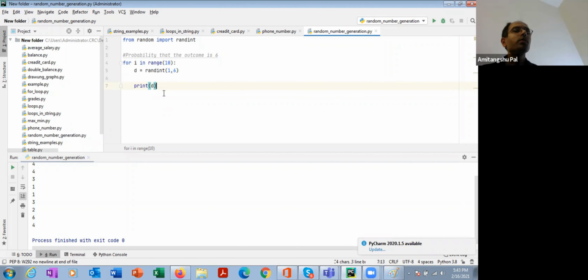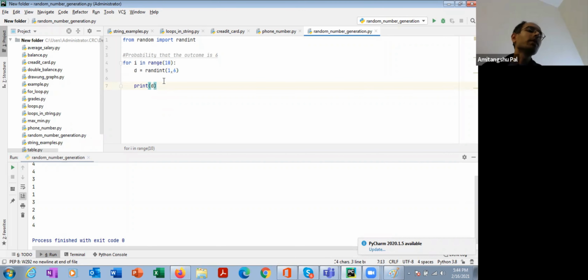If I roll a die almost an infinite number of times, then the probability of finding a 6 is the number of times I found 6 divided by the number of experiments. Clear? Let's do the experiments.